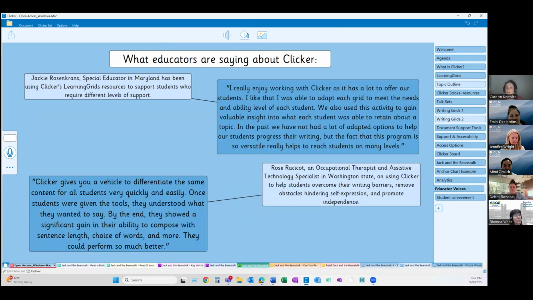That's all I have for you guys on Clicker today. That's a full review of all of the tools and supports, the resources for you guys as educators and also for students. I know it's a lot, but I hope it's helped with showing the options. That's really what we want to do, is provide as many options as possible. And I'm actually going to transition over to Deb, who has a story and some insight about how Clicker's impacted a student that she has worked with.